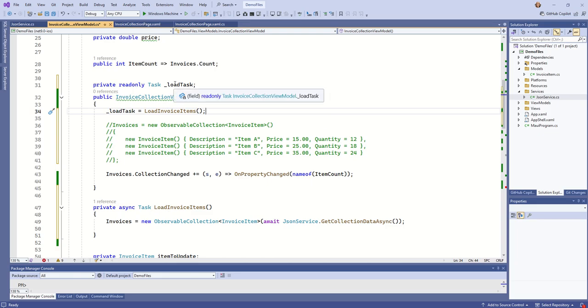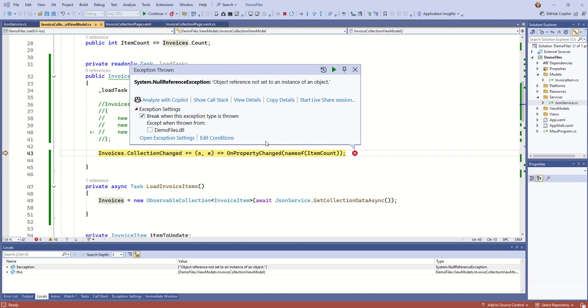So this looks like it's going to work. Let's run it and find out. Uh-oh, we've got an exception. The exception that's thrown here says object reference not set to an instance of an object. The problem is that our item count property references a null, and the reason why it references a null is because the invoices is